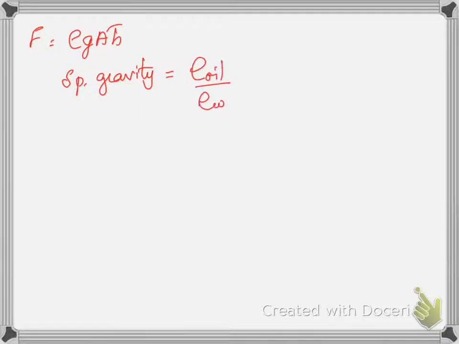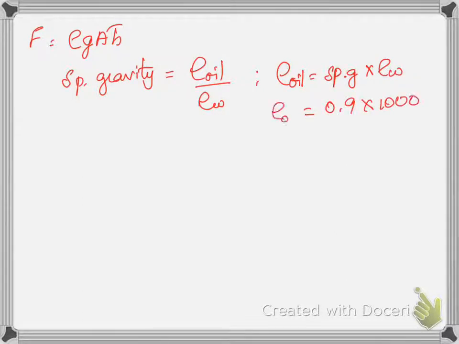So first we will calculate our F. F is equal to rho G A H bar. So in this I have to get the value of rho. Rho is nothing but, as usual, specific gravity is given. So specific gravity of oil is given here. Specific gravity is rho oil by rho water. So rho oil will be equal to specific gravity into rho water. So here specific gravity is 0.9 into 1000. So I have got the value for density. G is 9.81, it is known to me. And next is going to be the area.